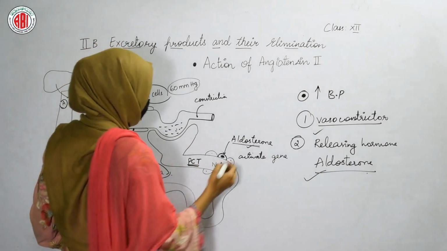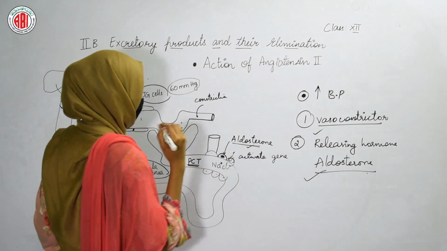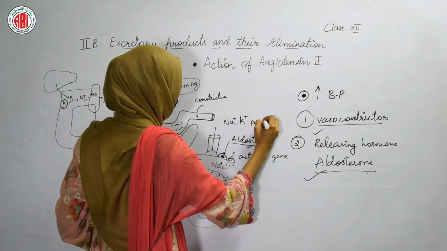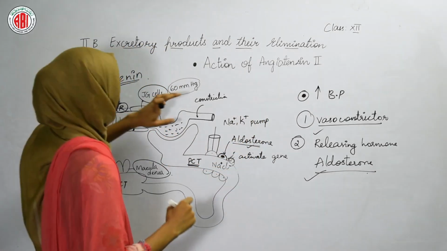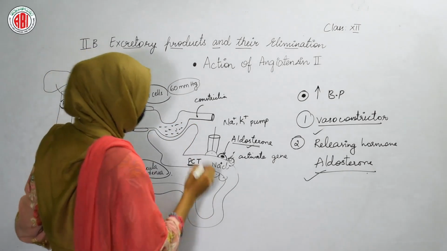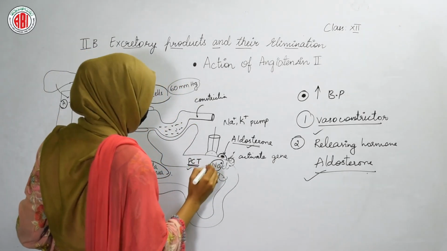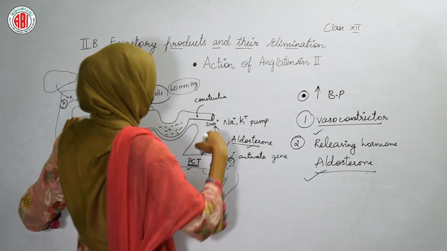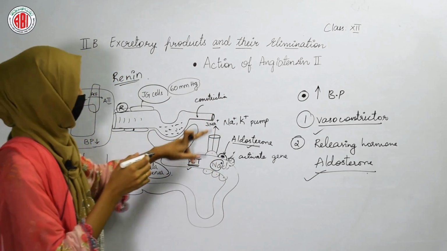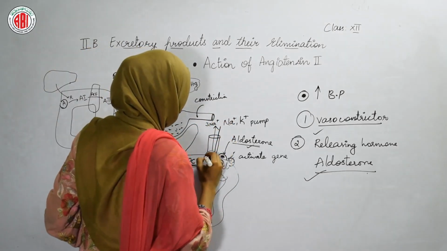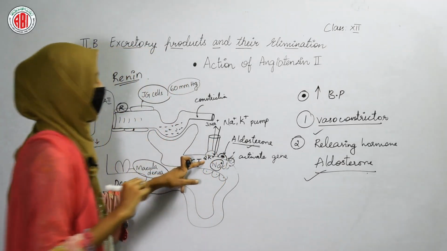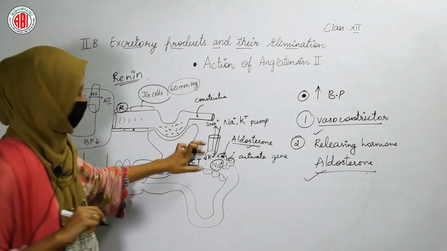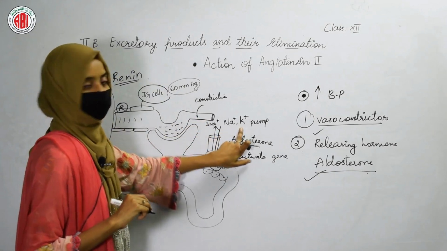Once the gene gets activated by the action of aldosterone, that gene initiates the activation of a pump called the sodium potassium pump. When it gets activated, the sodium present in the lumen of the PCT can be sent out into the interstitial fluid. When 3 sodium ions are removed by this sodium potassium pump, in turn 2 potassium ions enter into the cells of the PCT.